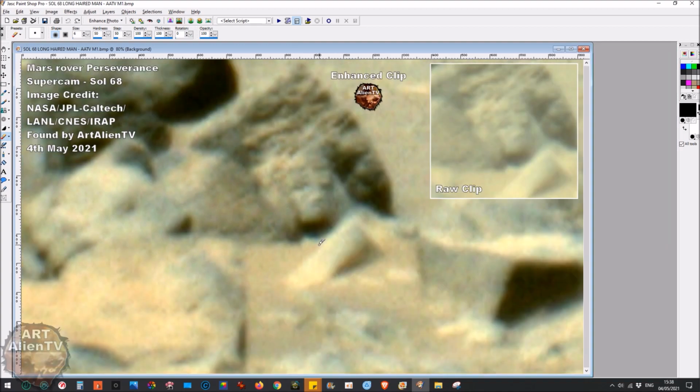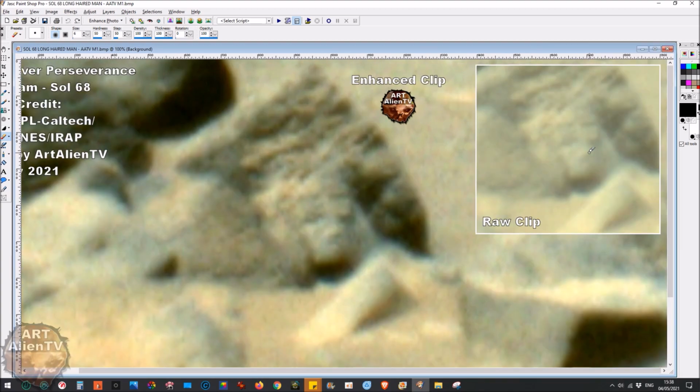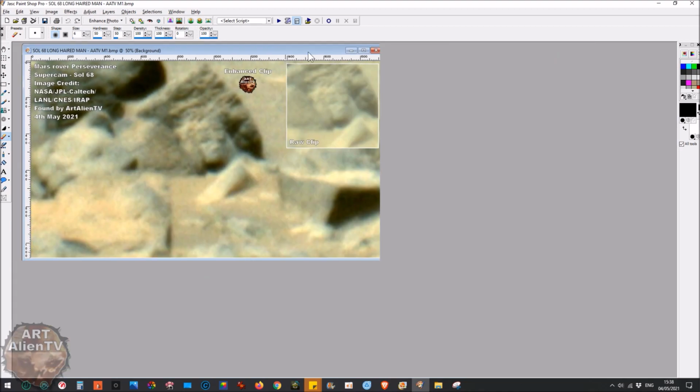There we are, and you can see that even in the raw image. You can see those details there. You can see the eye sockets and the nose and the mouth and the chin and the hair coming round like this, and this is kind of coming out this side like that. Very interesting. But this, like I said, is a long way off, so we're not going to see amazing